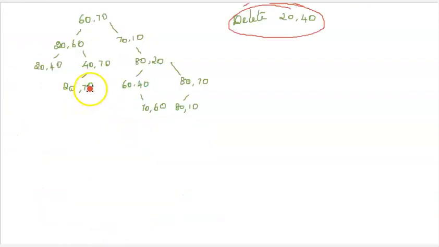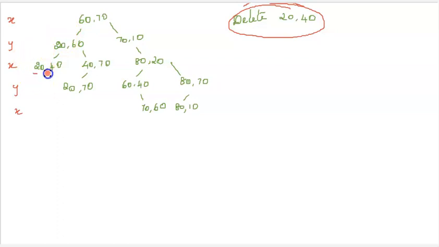So we'll move to the next process of deleting. So first deletion is 20 40. So we have to scan for 20 40 from the root. So root starts from the dimension x, y, x, y and x, right? So I'll be starting the tree search from the root. So looking for 20 40 in each dimension.